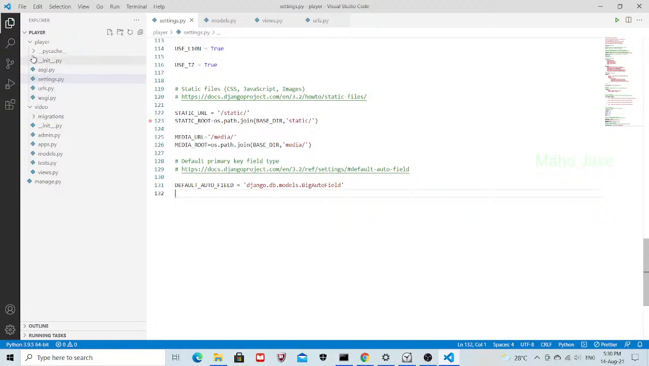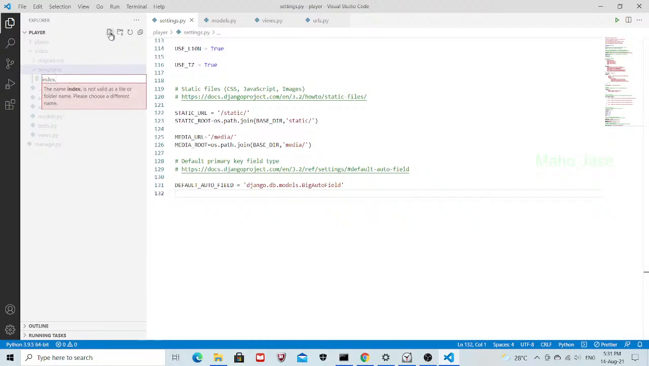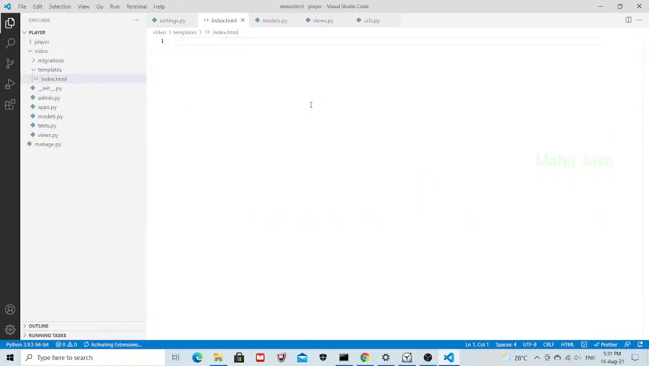HTML folder. So here we have to create something called templates. Okay, and inside the templates I would say index.html. So okay, yeah, it has created the file for us, and now we have to create